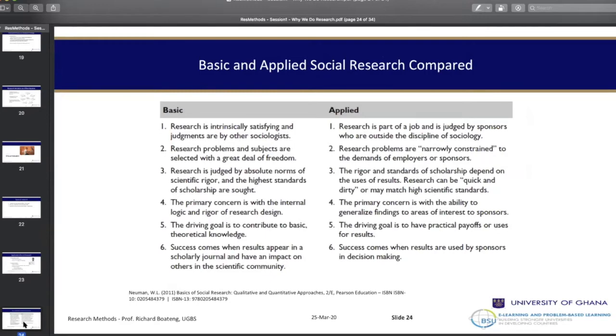Now, someone may be asking, maybe Obedient or Obed Kumi will be asking a question, or Patricia, asking a question, Prof, what could be the outcome of our own study? Are we doing basic or applied research? So before I go to Susan, let me emphasize that you are doing both. You are doing both applied and basic.